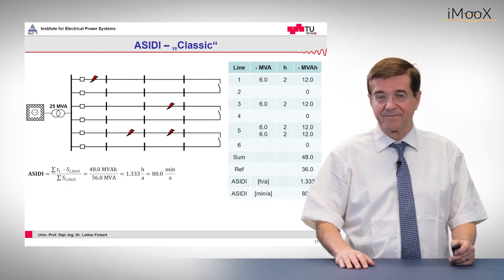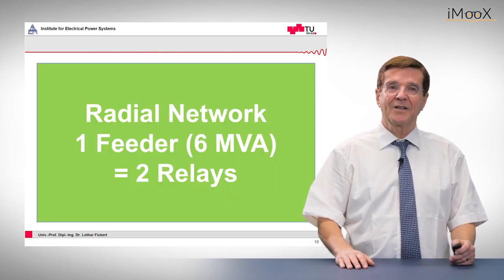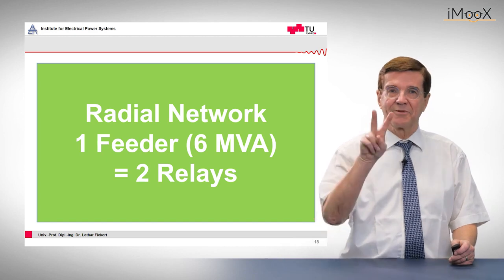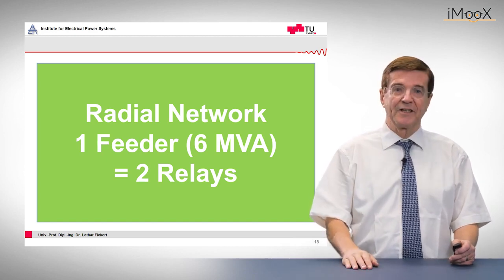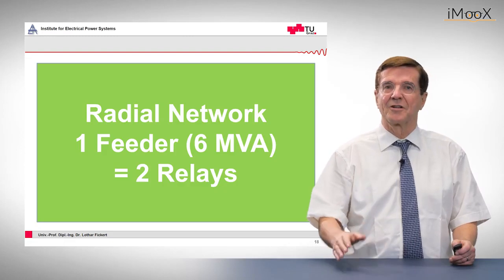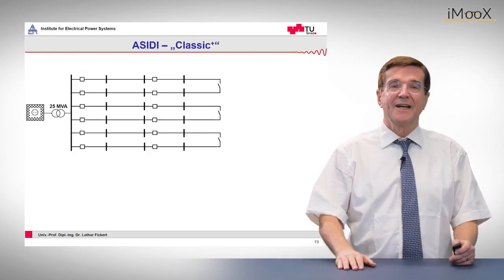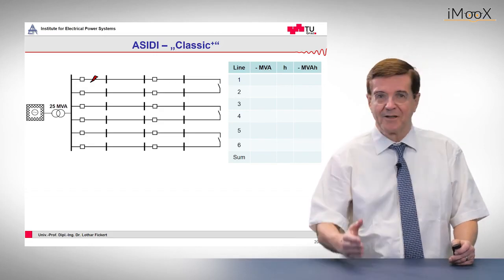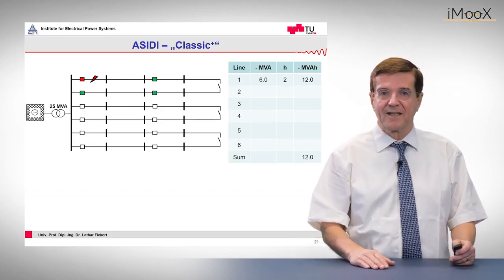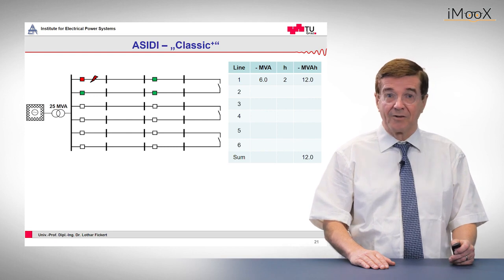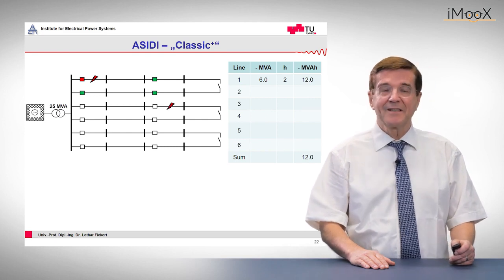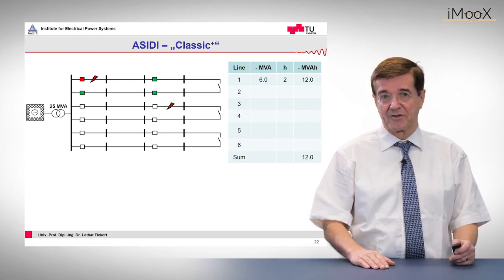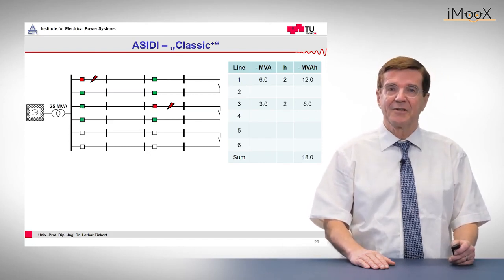the ASIDI figure. Now let's see what happens if we subdivide each feeder into 2 sections and we have 2 relays for each feeder. The feeder has the same installed capacity of 6 MVA. And again we have the same sequence of faults. The first fault on feeder number 1, first part, causes again 12 MVA hours lost. But we see the second fault is a little bit better off concerning the lost MVA hours, because here we